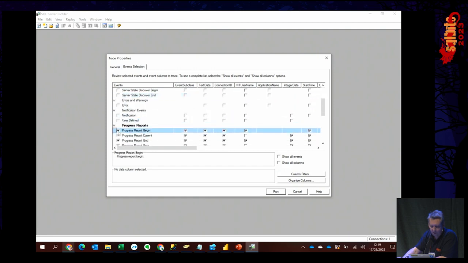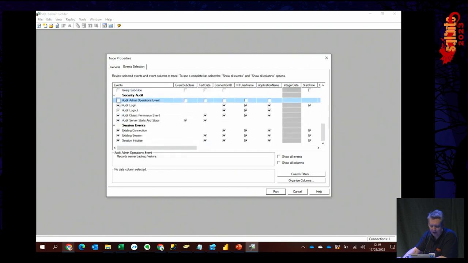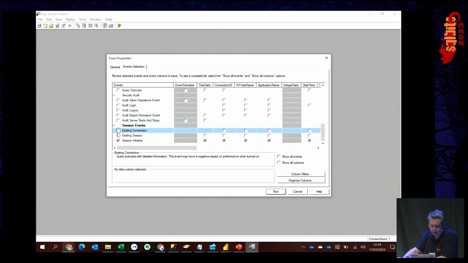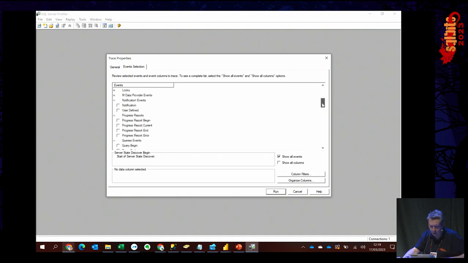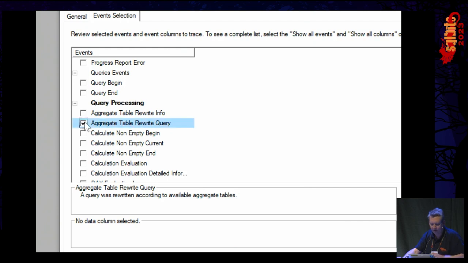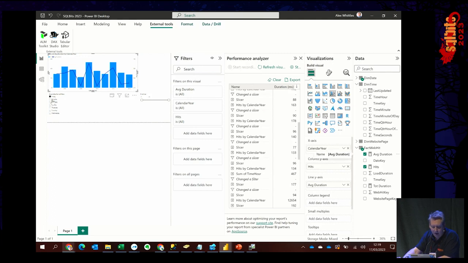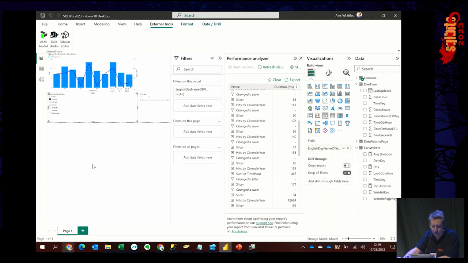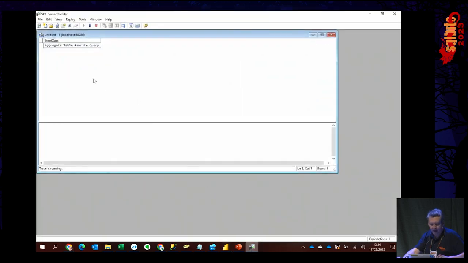I just need to deselect all of the fluff that it needs to get rid of. Why there isn't a deselect all button, I have no idea. And click Show All Events. And under the query processing, there is an aggregate table rewrite query event. Turn that on. And now, if we change a filter, let it refresh. There it goes. Now I'm going to go back to Profiler, and it gives me this aggregate table rewrite query,